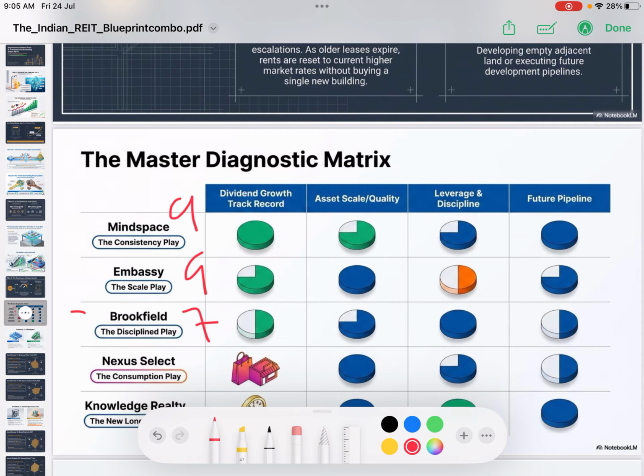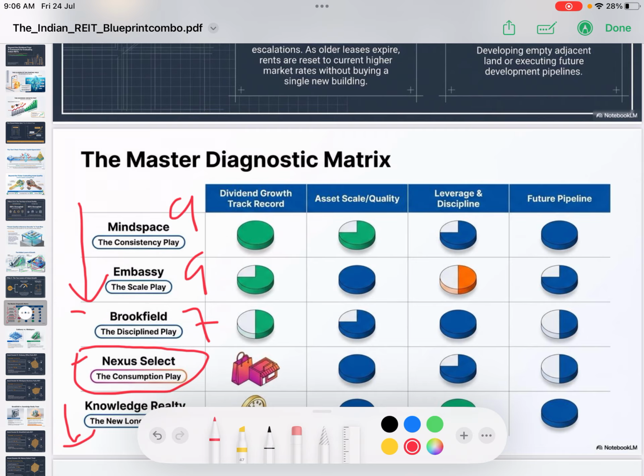Then we have Nexus Select Trust. Okay, now this is a consumption play. This player is completely different from other players, because these 4 players are focused on GCC tenants. These 4 players are focused on corporates. So basically they look for offices and all, but Nexus looks at the Indian consumption market. Okay, so they look for retail expenditure. They look at how much Indians spend on